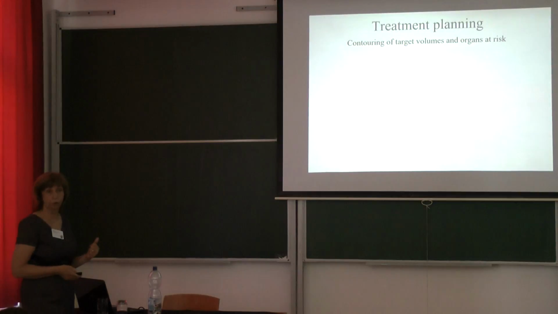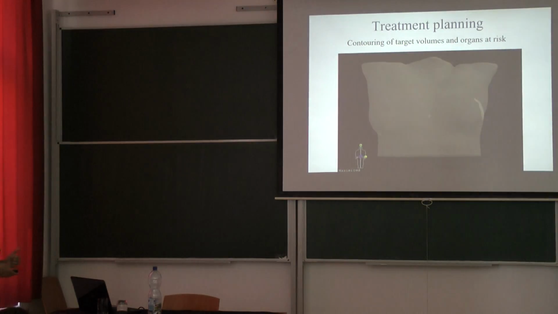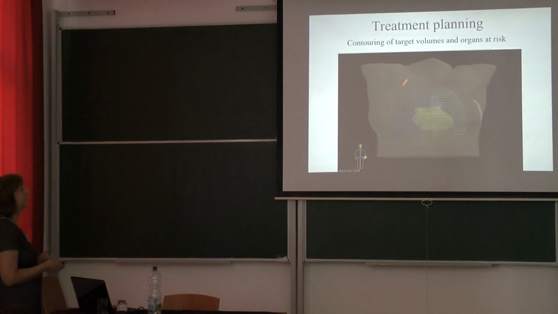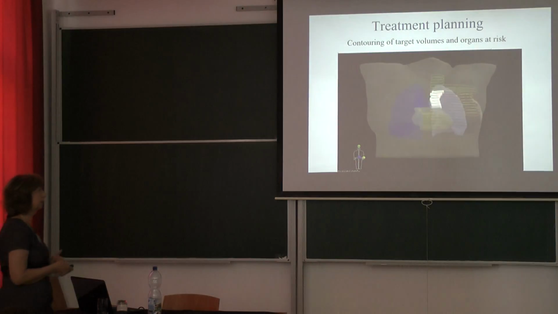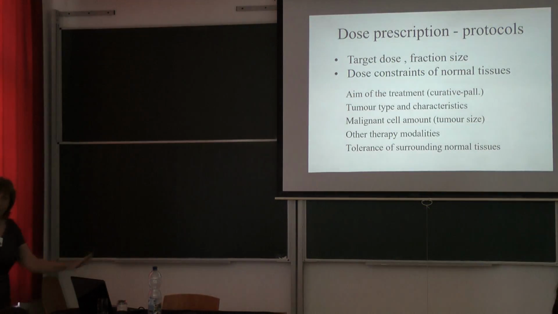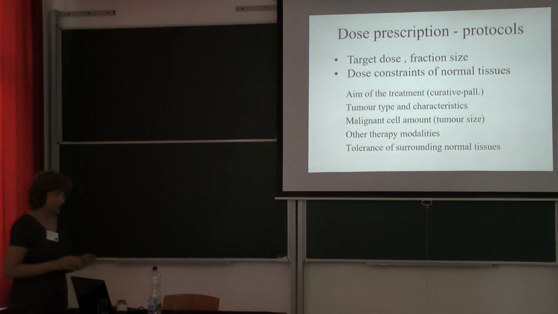And we have, of course, a part of target volume, we have to contour the patient contour, the outer contour, and all of the organs at risk, like, for example, for breast irradiation, the lungs, the heart, and finally all of the targets, the different regions of lymph nodes, mammaria interna, axillary, and so on, and the breast itself. And if everything is ready, we have contoured everything slice by slice, we have to prescribe the dose, which is